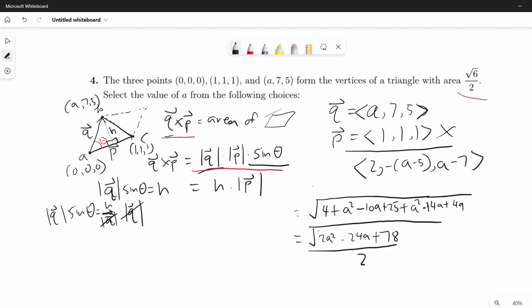And all this divided by 2 will equal the area, which is root 6 over 2. So here, since we have the 2, we can cancel out, and we can square both sides to cancel out the square root. So we have 2a squared minus 24a plus 78 equal to 6. Divide 2 on both sides. Move the 3 over. Then we have a is